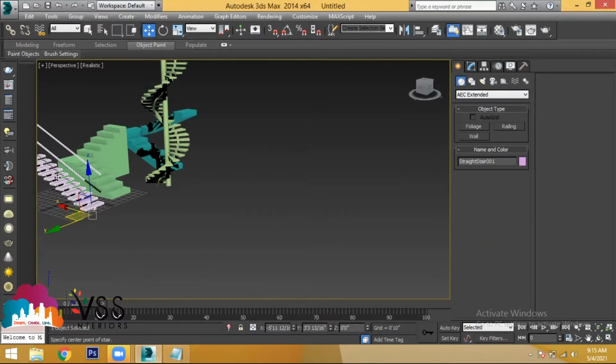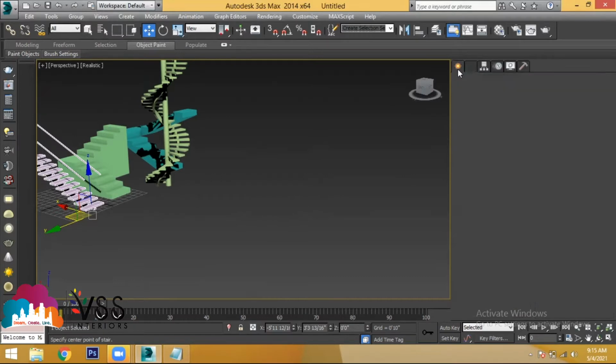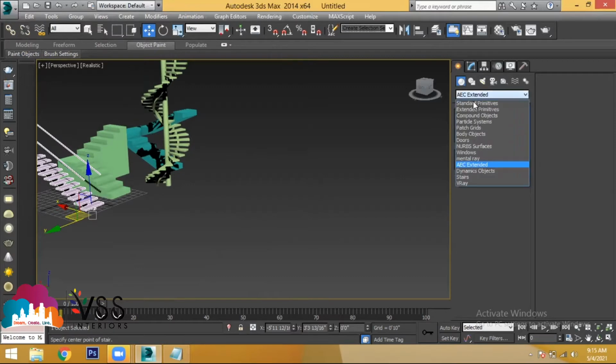But when you select the staircase, if you go to modify, you will find the option called as a handrail. When you switch on the handrail left and right, you can provide a modification about that handrail over here. That's in the staircase, but not a railing tool separately. If you want to create a railing separately, go to create in geometry, you will find an option called as AEC extended. Now, when you switch on this AEC extended, you will find three tools called as foliage, railing, and